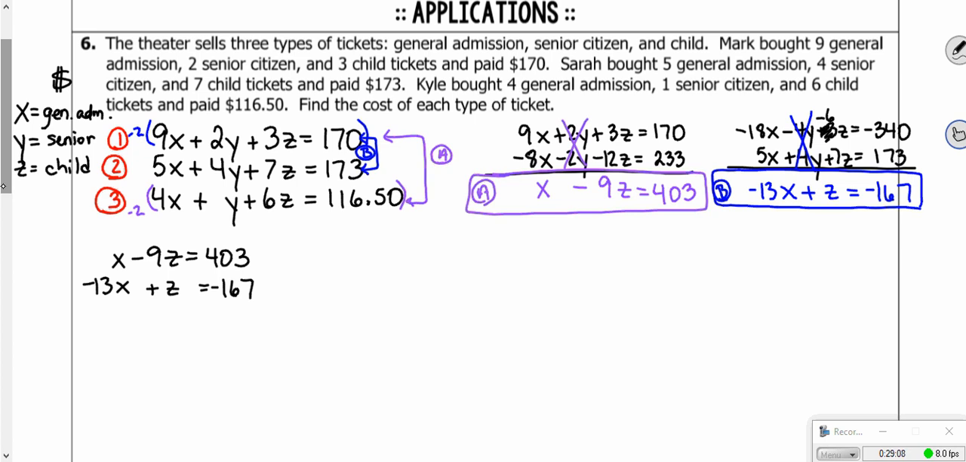It's kind of 16 one way, 12 one way, dozen another. Do you want to eliminate x's or z's here? Z's. So that means we are going to have to multiply the bottom by 9, right? So I'm just going to move this over, copy it. x minus 9z equals 403. Okay, down here, 13 times 9 gives me a